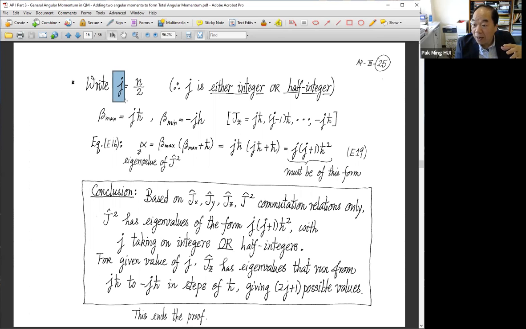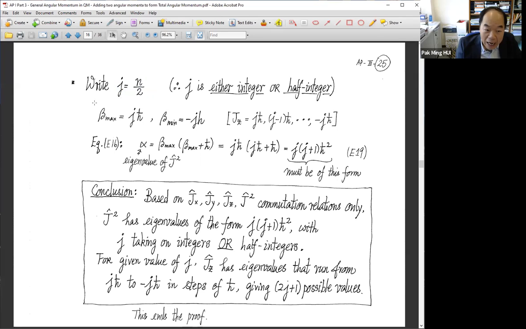Or J could be half-integer, meaning 2.5. Then you have 2.5, 1.5, 0.5, minus 0.5, minus 1.5, minus 2.5. And therefore, we can write it in a more general form. If we introduce a quantum number J, which is n over 2, depending on whether n is an even number, then J is integer. If n is an odd number, J will be half-integer. From now on, we call this quantum number J, and therefore we can rewrite all the answers in terms of